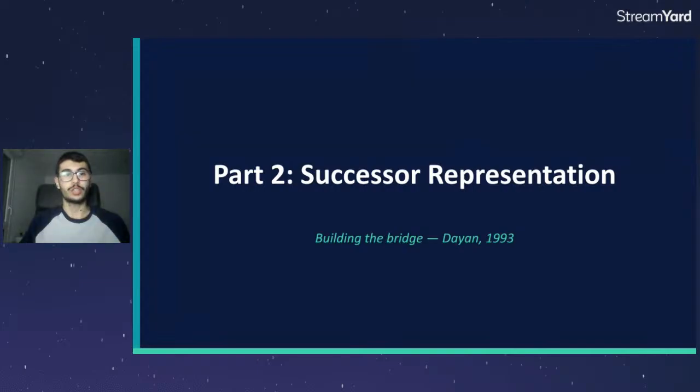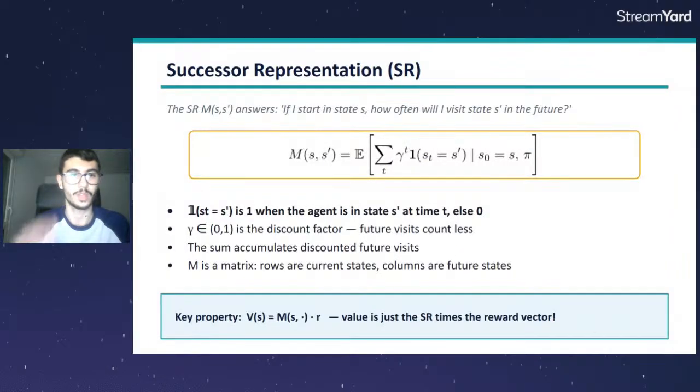So building on top of this, there is a notion of what we call successor representations. It's actually very old, but it has become really useful nowadays for zero-shot reinforcement learning. A successor representation is some sort of measure. We refer to it as M, and it takes S and S prime, so two states, and it's going to quantify what are the chances of stumbling across S prime if we start from state S.